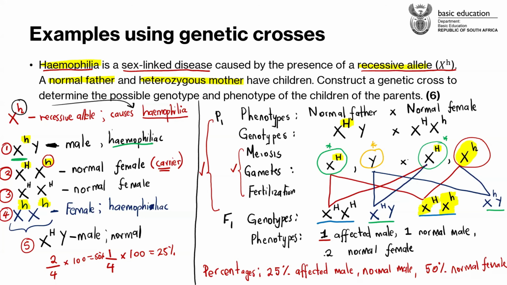This X with a capital letter H is a dominant allele coming from the father, and the dominant allele will just mask the condition away such that she will be normal and not experience the symptoms of the disease, but still be a carrier. Okay, that's easy, guys.